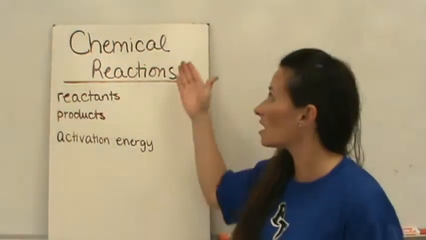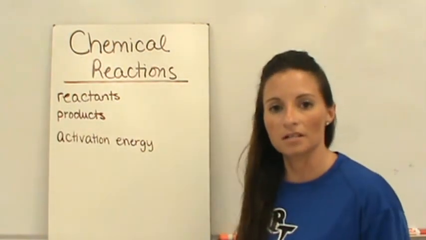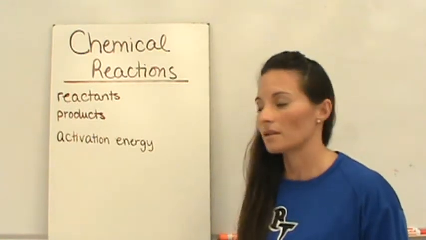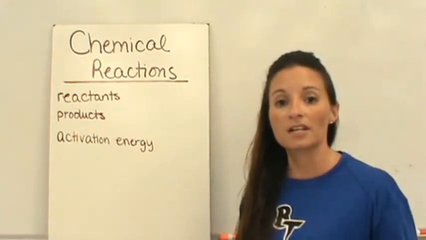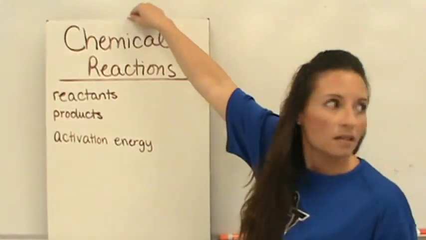Today we're going to talk about chemical reactions. We're going to talk about the reactants, so the things that start in a chemical reaction, the products, the things that we end up with at the end of a chemical reaction, and activation energy, the amount of energy needed for the chemical reaction to occur. So as we take a look at this,